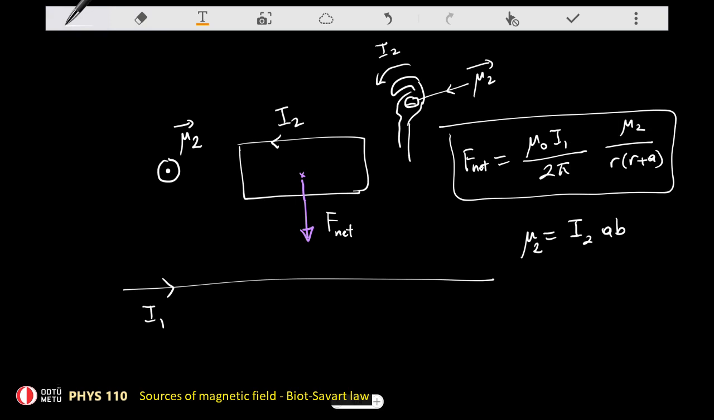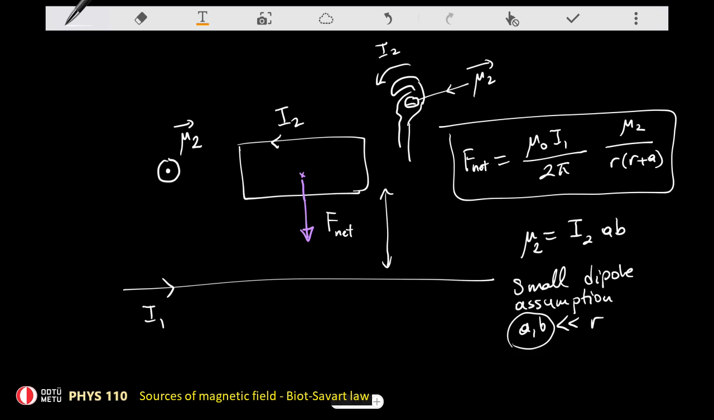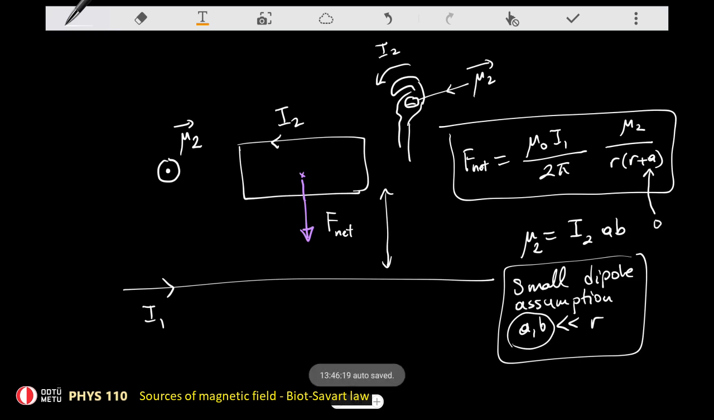The second step is the small dipole assumption. In this assumption, we are assuming that the size of the dipole is much smaller than all the other length scales that appear in your problem. In our problem, the only length scale that appears is the distance to the rectangle. As a result, we are going to assume that the size of the rectangle is much smaller than that distance. This implies that I can neglect this r plus a in this expression, because that's the only place where the length a appears, and so we are just going to neglect it. So I'm going to replace it with 0,